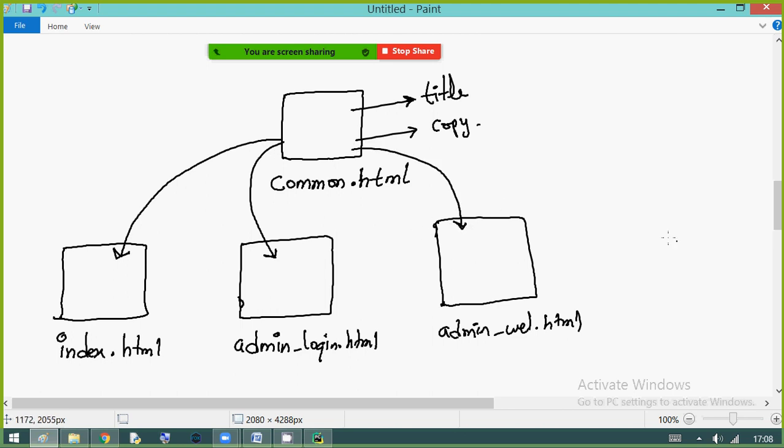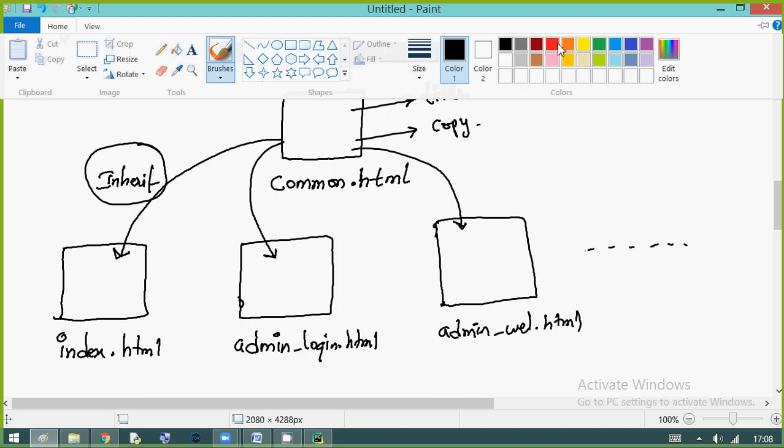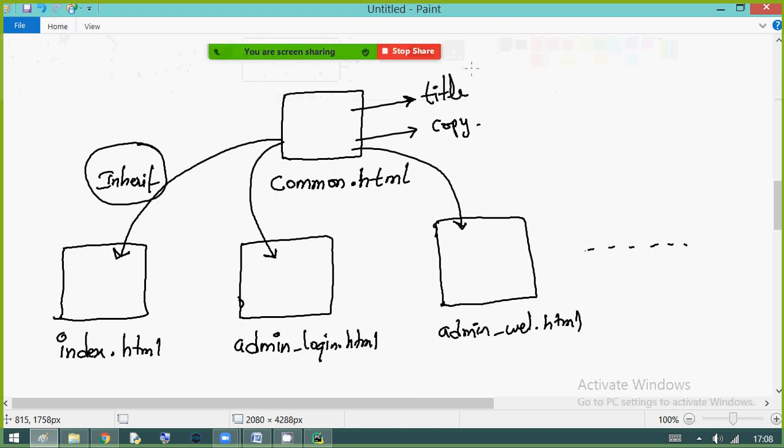You can create any number. So when I inherit, all the parts, whatever you have written, including the block tag, everything will participate in inheritance.